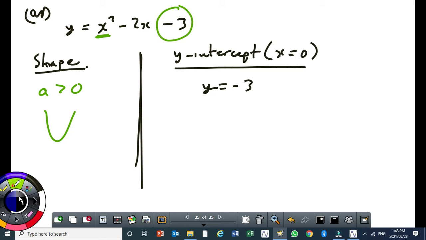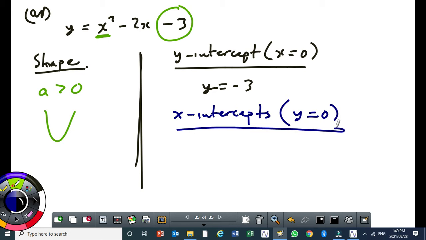Then the x-intercept, you have to solve a quadratic equation. Remember, you get the x-intercept by substituting y equal to 0. So where there is y here, we put 0. If I do that, we get 0 equal to x squared minus 2x minus 3. Now, to solve this quadratic equation, first, you can try to factorize it. If it can be factorized, that would be the easiest way. You can also